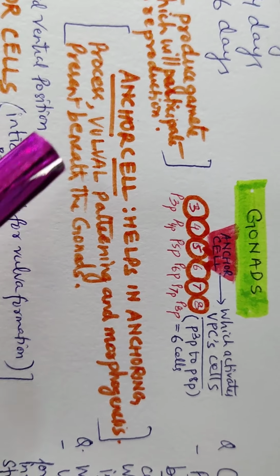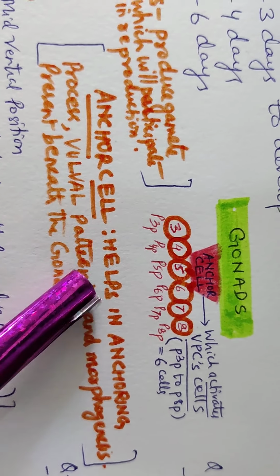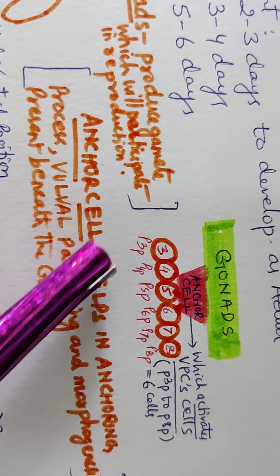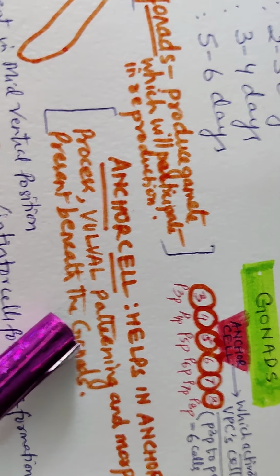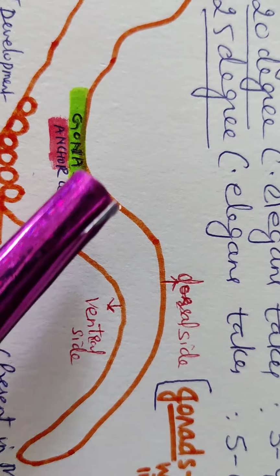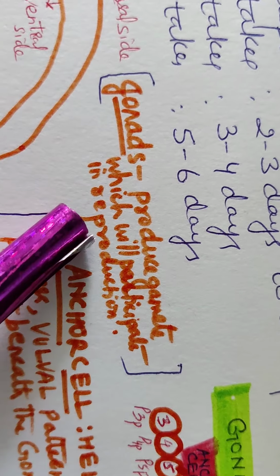An anchor cell helps in anchoring processes of the vulva and the C. elegans processes. Vulva patterning and morphogenesis takes place through the anchor cell only. It is present beneath the gonad, which I told you 2-3 times during the topic. What is the purpose of the gonad? The green color gonad, which is seen over here, which is present on the dorsal side, produces gametes which will